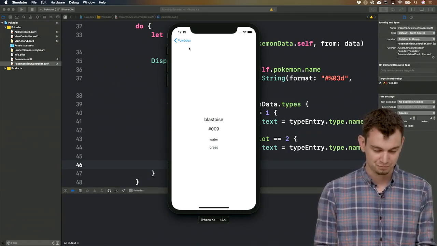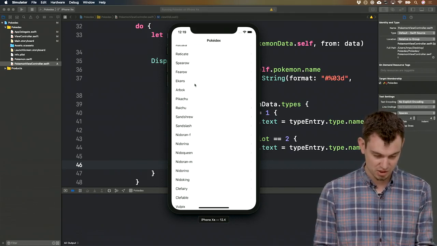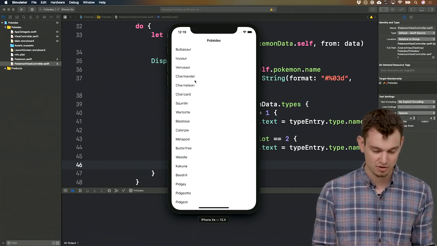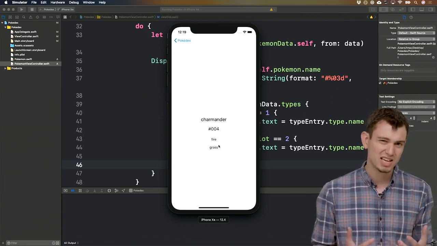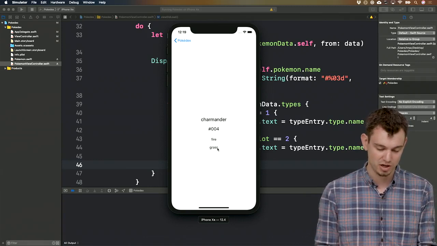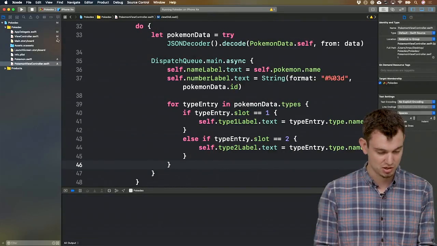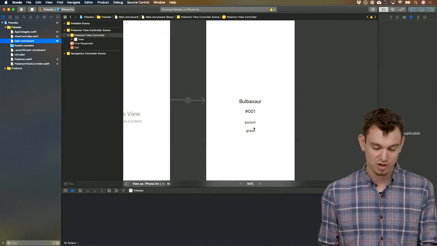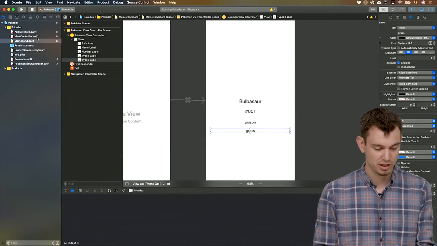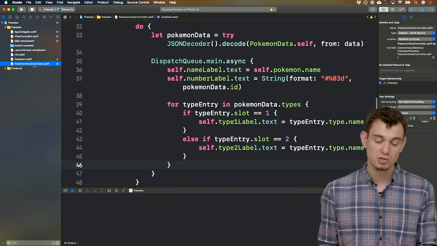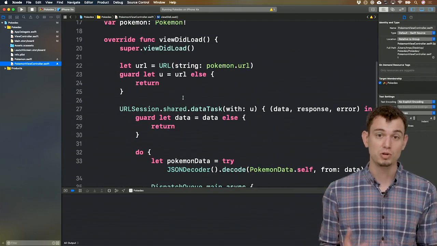So one last thing: some Pokemon have 2 types and others just have 1. And it looks like this is a little messed up because I left in some of that placeholder data. I happen to know that Charmander isn't a grass type. That wouldn't make any sense. But in my storyboard, I had this placeholder data just to kind of remind myself what the view looked like. So if you're going to do that, make sure you clear out any placeholder data